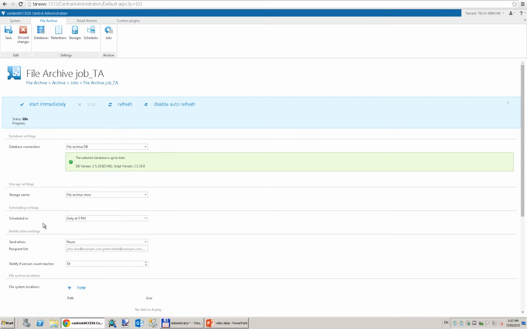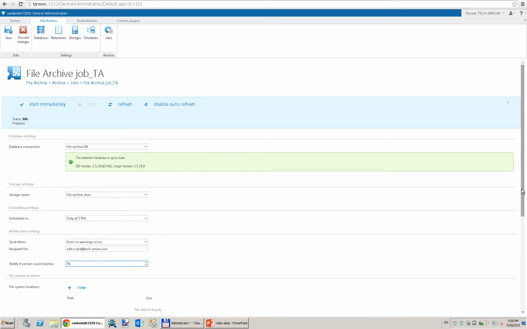Under Notification Settings, I set the type of notification emails from the list. It is recommended to select here errors or warnings occur. I would like to get such notifications from the job, so I type my own email address here. When the documents are modified very often and too many versions are created, I would then like to get an email about this too. I will get such emails after the version count is more than 50.